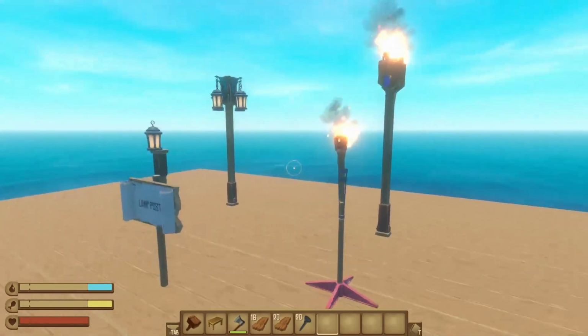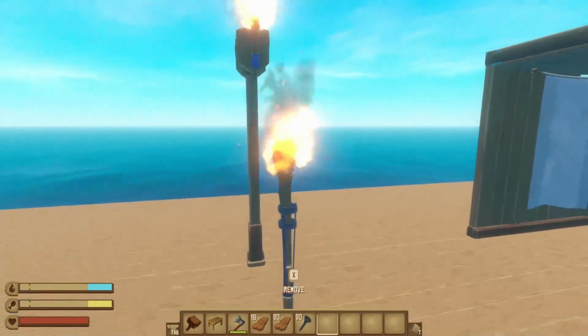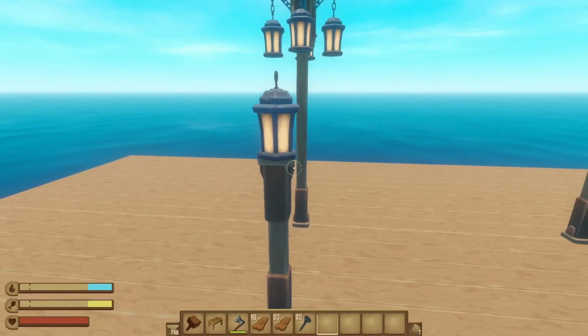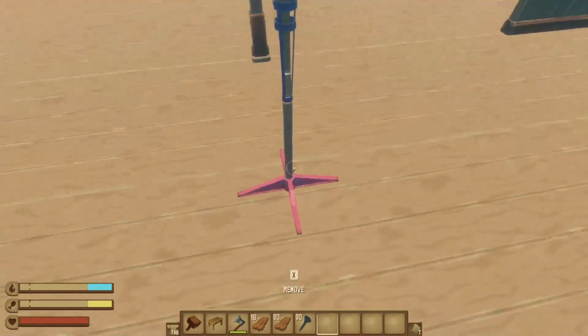Then we've got some options for lighting. So normally in the game, you've got your generic torch, which is a pretty simple basic material, and then you've got your lanterns, which are a bit more refined. And so just to take these up to the next level, since this looks a little bit rough